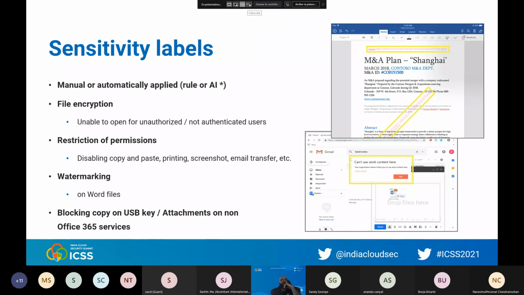The only thing someone having access and able to open the document will be able to do is to take a picture of the document with a mobile phone. There is nothing you can do about someone taking a picture of the screen with a mobile phone. But you can disable everything you need using sensitivity labels, everything other than just taking pictures.